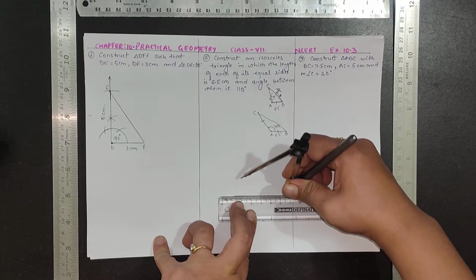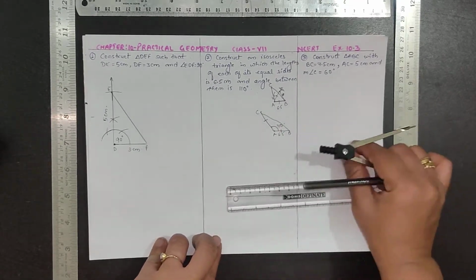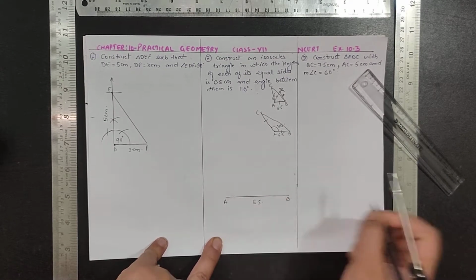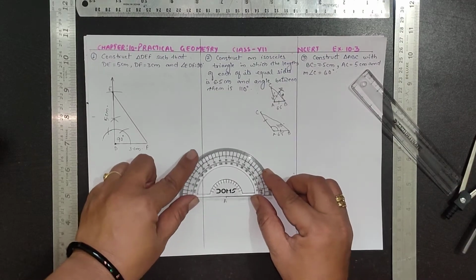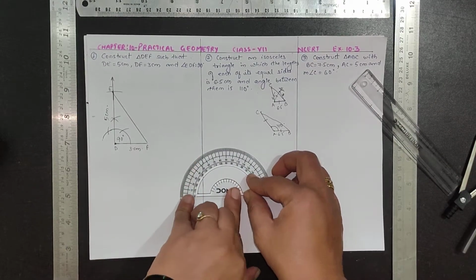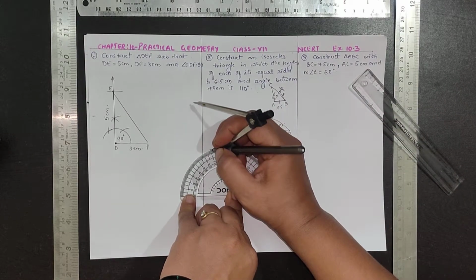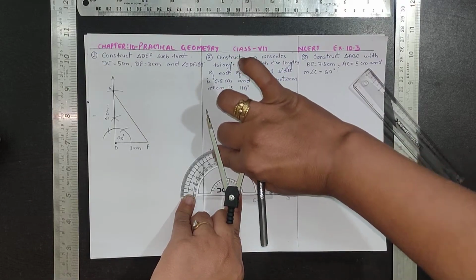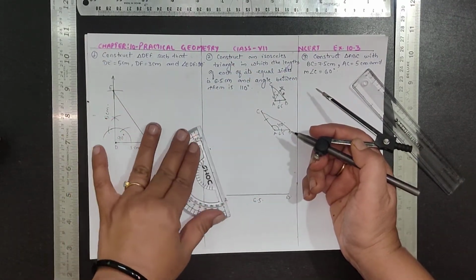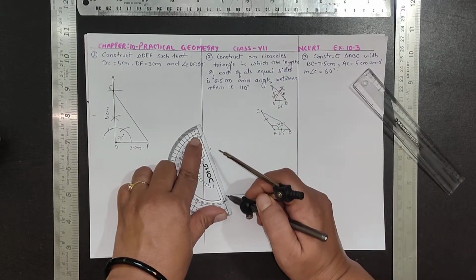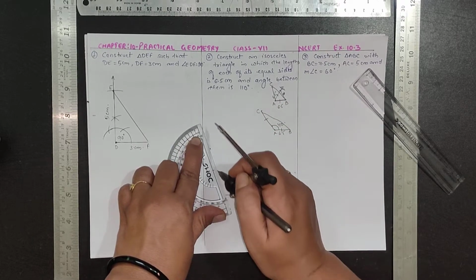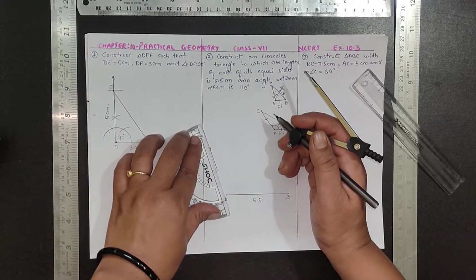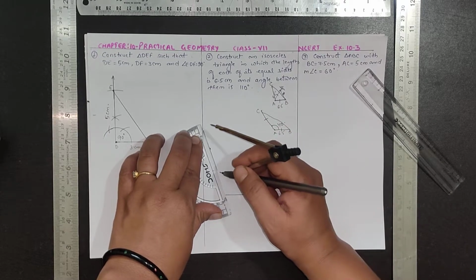AB 6.5 cm. On A we will not construct, we will just draw an angle of 110 with the help of a protractor. From here you need to go that side, outside of the line, because it is an obtuse angle. This concept should be clear in your mind: which side we have to draw the angle. Sometimes the children get confused whether the 110 angle will be this side, inside the line or outside the line. This is very simple.